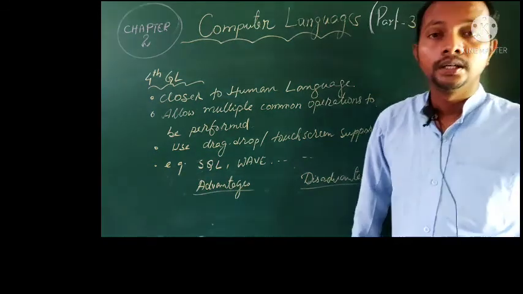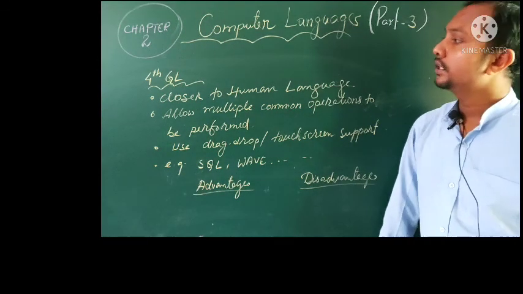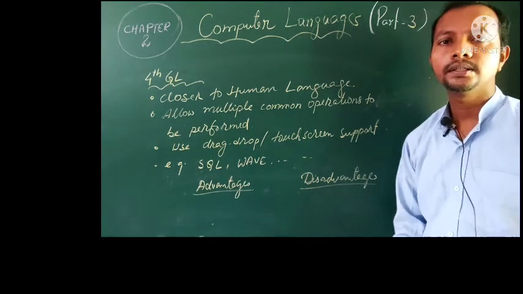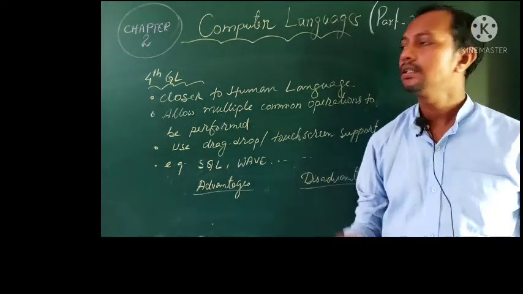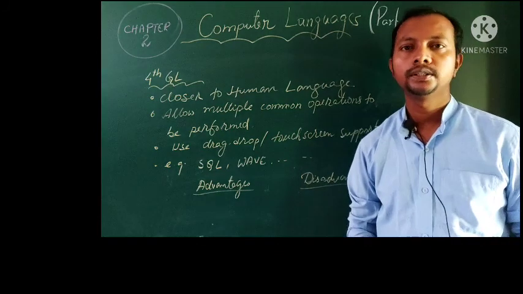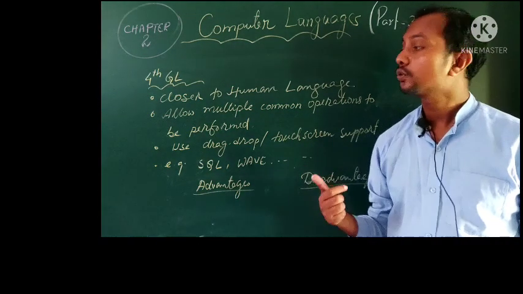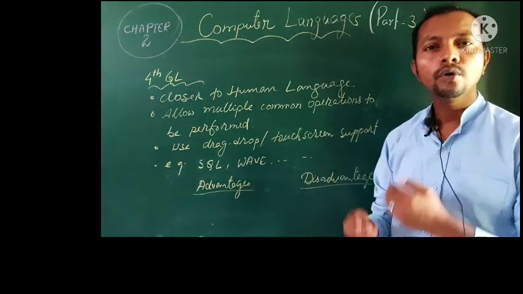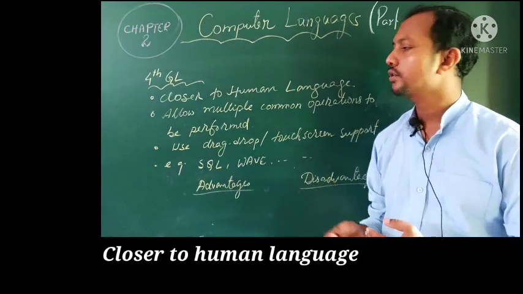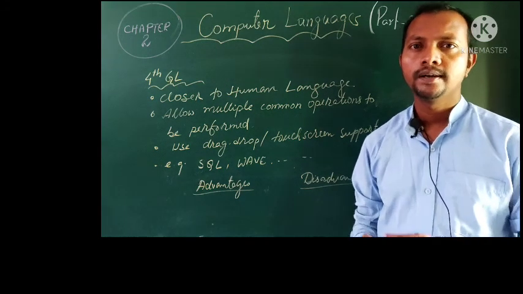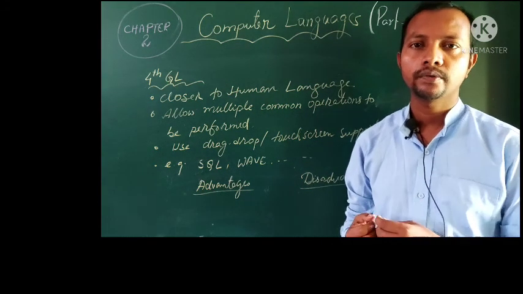Okay dear friends. So now let's continue with the 4th generation. The 4th generation is far more developed than the second and third one. The third one, we already came to know, was easy for people to understand. This 4th one is more close to the human being. Closer to the human language, very close to the human language, almost accurately whatever we say.